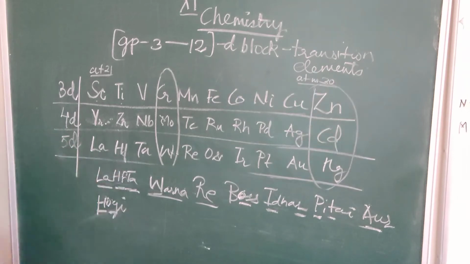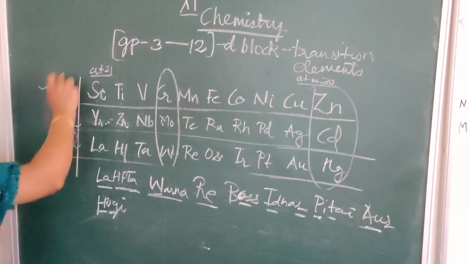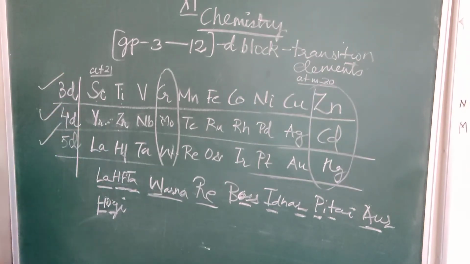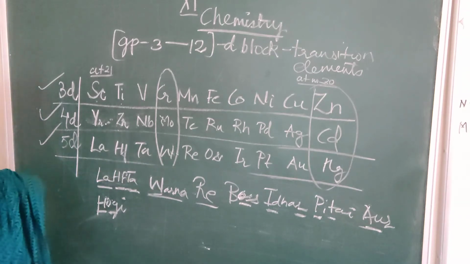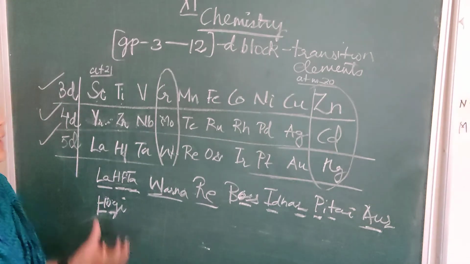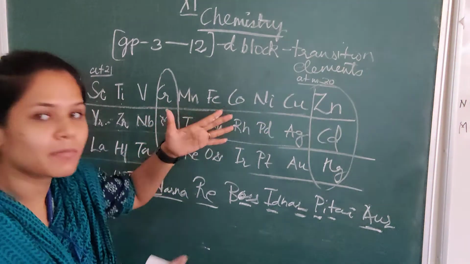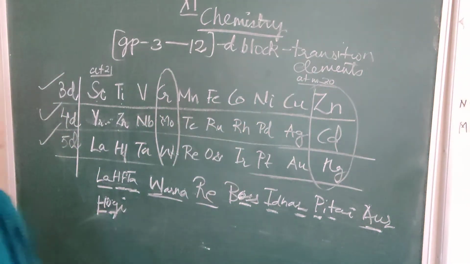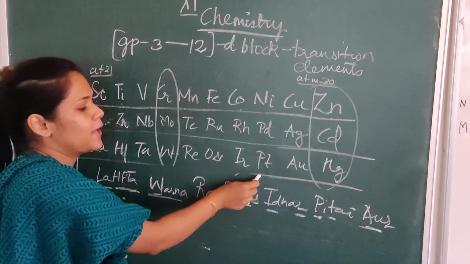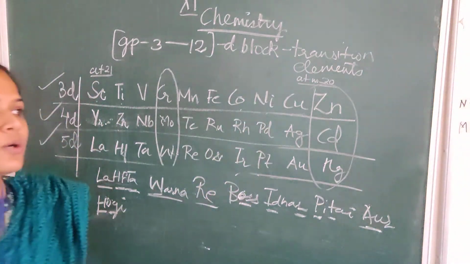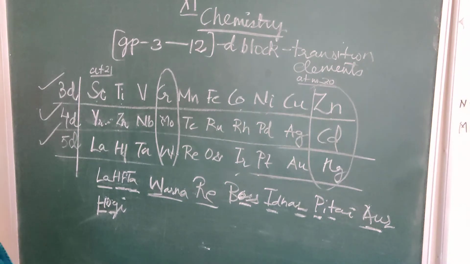So by learning all these three series mnemonics very well, you will be able to learn your D block very easily. Electronic configuration you can write on your own. This is your work. I am assigning you this work: while making this, leave some space just below, make some gap, so that you can write the electronic configuration just below them. It is very easy. Now you know how to write the electronic configurations, right?